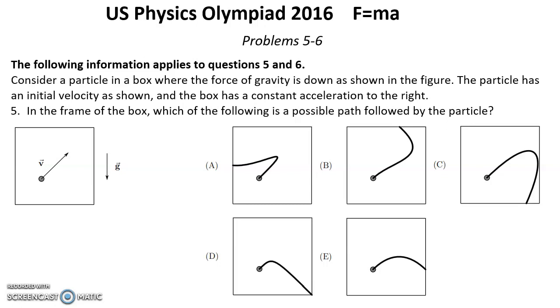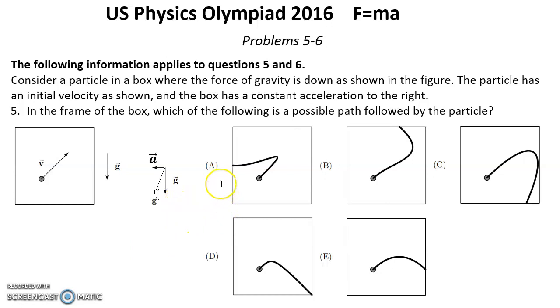Solution for problem 5. If the box is moving with a constant acceleration a to the right, then inside the box, in the frame of reference of the box, we have a fictitious acceleration a to the left, and the total acceleration will be this one, g prime, which is going down and to the left. In this case, we have motion along a parabolic trajectory